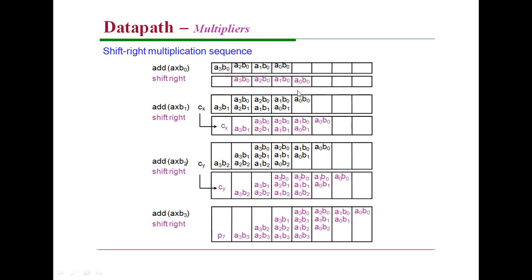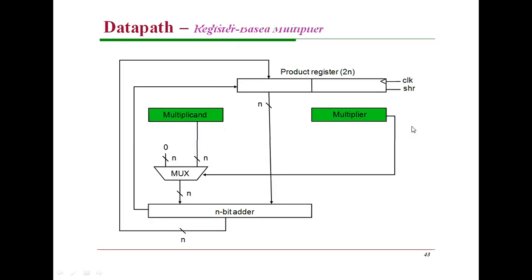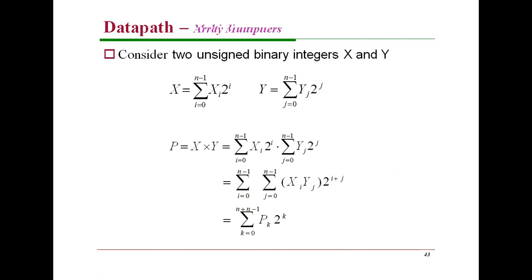Okay, this is the shift-right multiplication sequence, with the product operation. What sequence do I follow, after multiplication what do I have to shift, when do I have to add, and what are the things I have to add. This is the process. It is a simple register-based scheme, with the multiplicand and multiplier selected through a multiplexer. It is a simple logic diagram of the multiplication process.